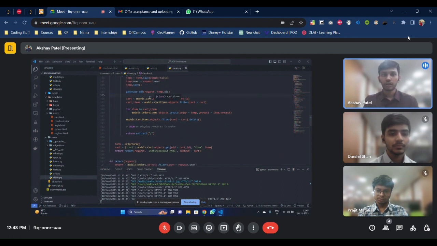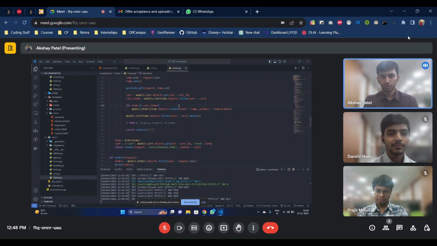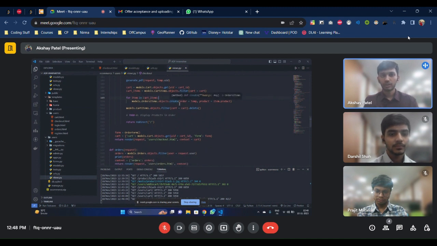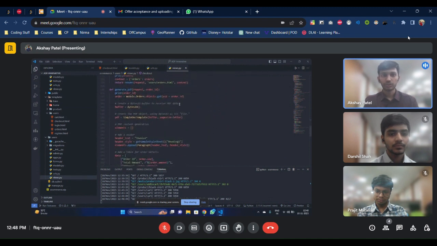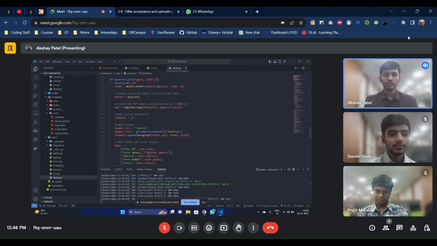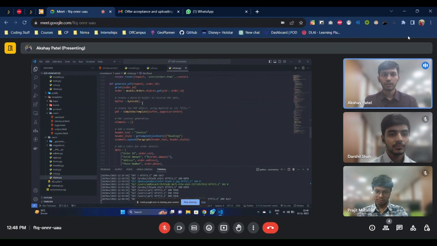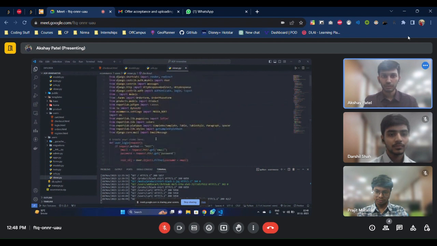So after the order is created, we add all the items from the cart to the order item model. And yeah, let me show the generate PDF function. Here the bill for the user is generated. Here we have used a library. Let me show you the library. So yeah, we use this ReportLab library,